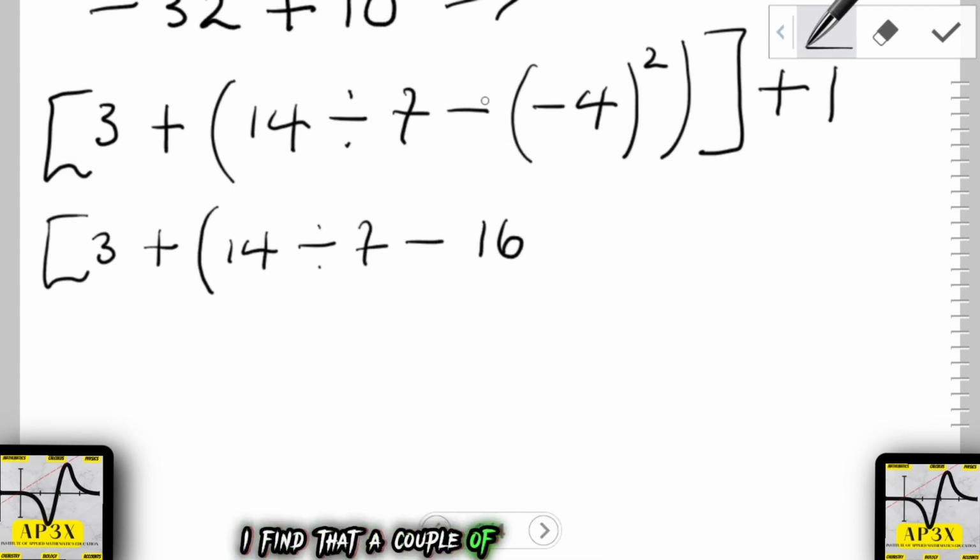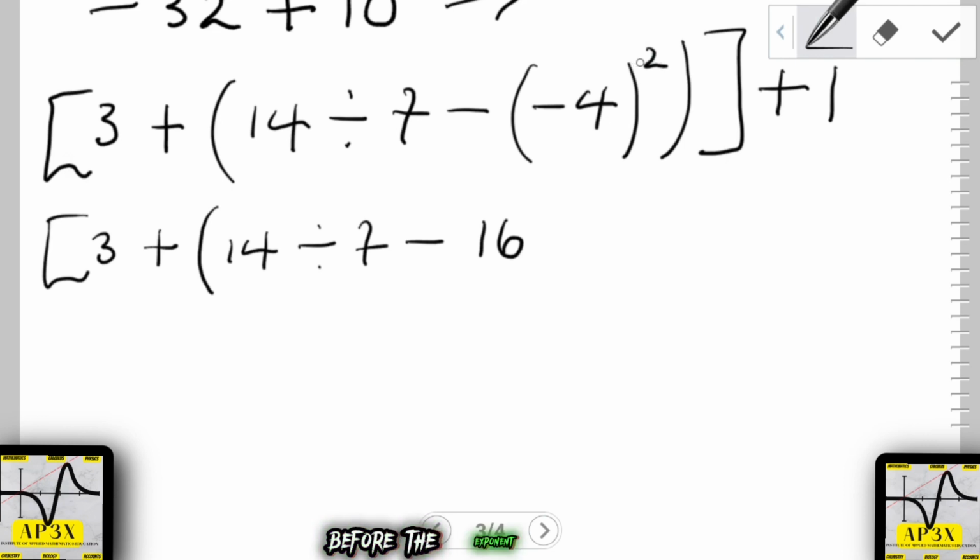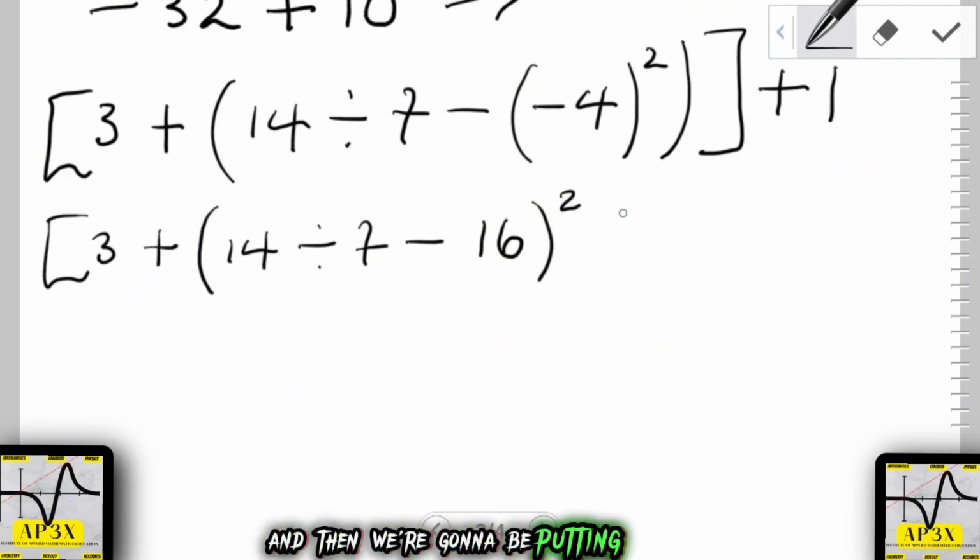I find that a couple of students may make the mistake by saying negative multiplied by negative and then squaring the result. We can't do that because we'll be breaking the rule of PEMDAS, where we are multiplying or distributing a negative before the exponent. So that's breaking the rule. Nevertheless, this is where we're at. We're going to be then squaring, and then we're going to be putting here